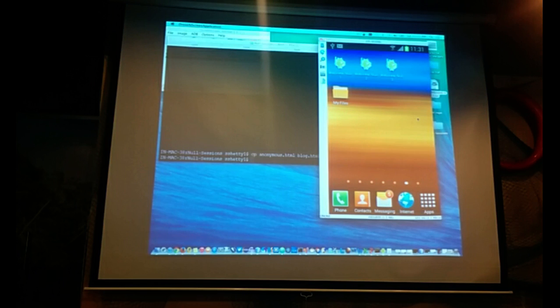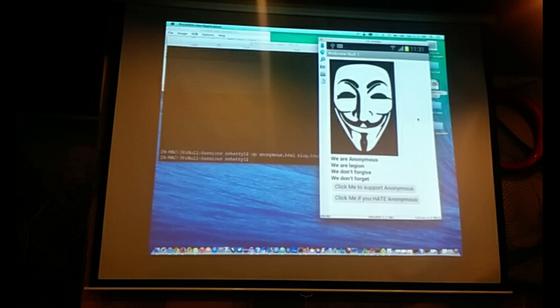You see that the entire mobile application, the look and feel, everything has changed, and it looks malicious. It's not malicious because of the picture or the message that is there. It is malicious because